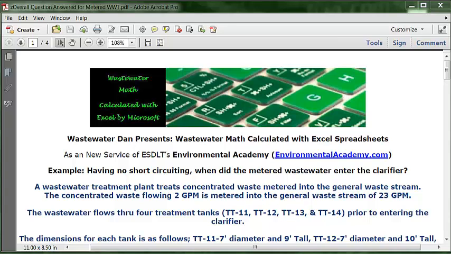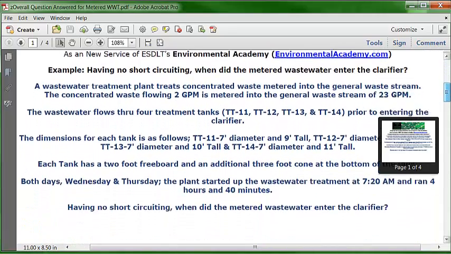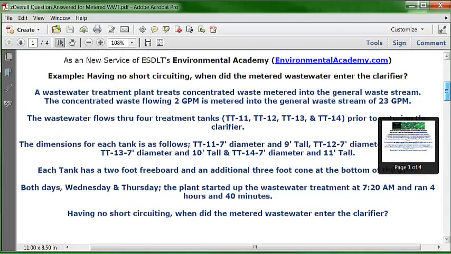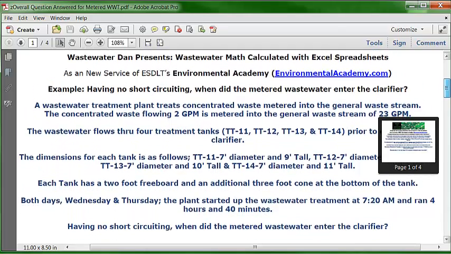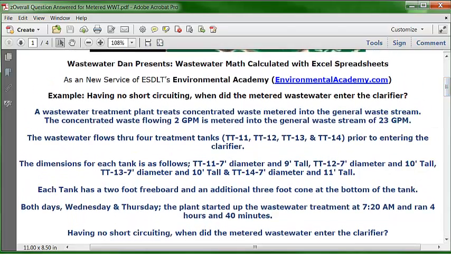When did the metered wastewater enter the clarifier? Well, there's a lot of data in this particular problem, and I've actually provided the answer in pieces in 3 different installments, but I'm just going to summarize everything here so we tie all this in to answer the problem. So let me first read the data,